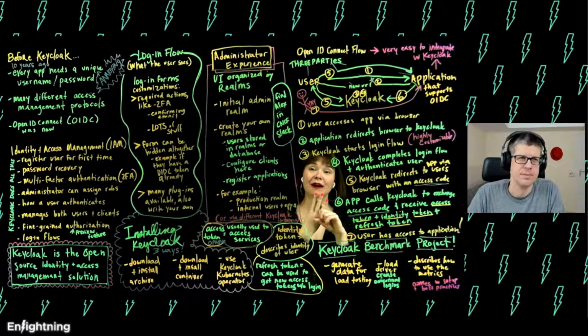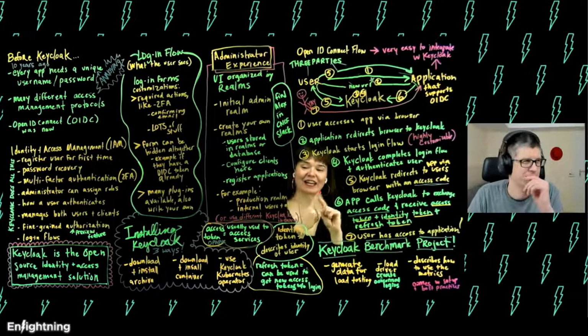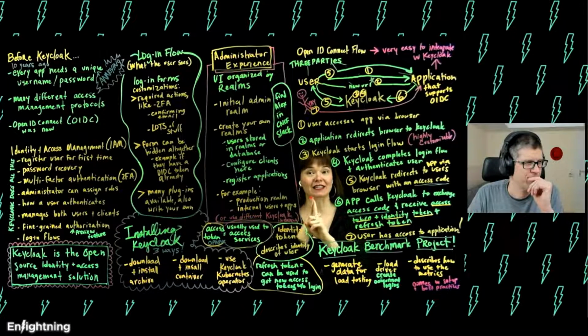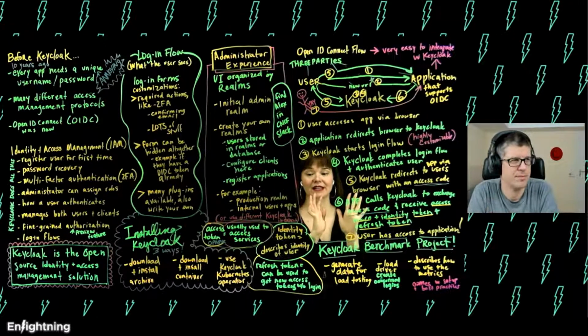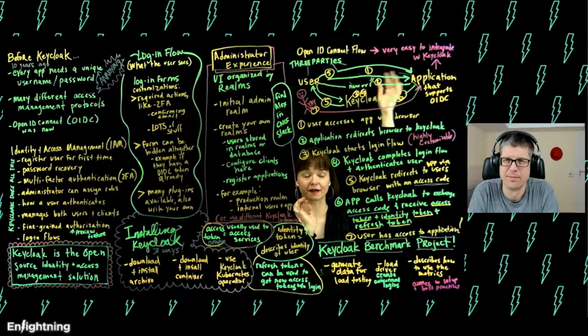So let's press pause on that and let's talk about what these 3 tokens are. The access token is usually used to access services, and that's what's happening in this case. It's going to be the thing that allows access to the application. The identity token describes the identity of the user, and then there's a refresh token, because the access token might last for a very short time, like only 30 seconds. So the refresh token is used to get new access tokens without having to go through the whole login process again. Okay, so back to our story.